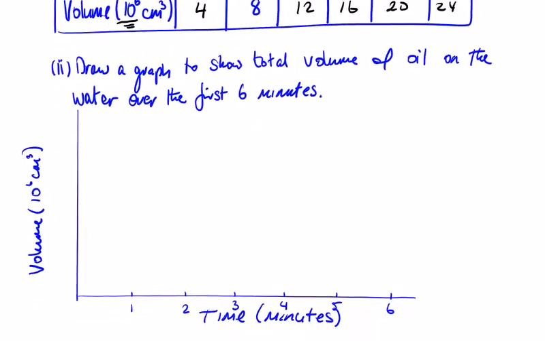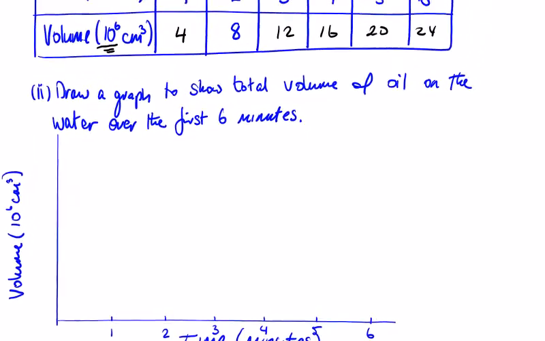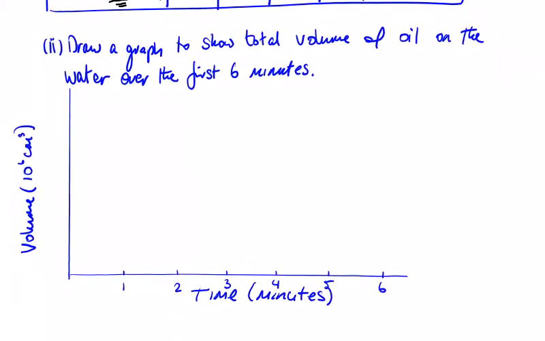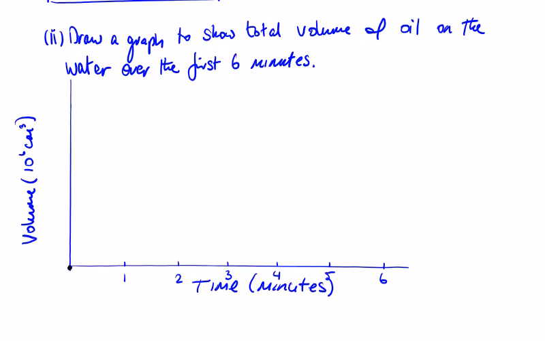So draw a graph to show the volume of oil, a linear graph at Leaving Cert higher level. So after 0, before the spill, 0, 0, so the points on this graph, and you were given this scale along the left hand side here of, well, it was going up in 4s, so I'll just put that on: 4, 8, 12, 16, 20, 24. So I'm just going to put the first point and last point, 1, 4, and if I put 6, 24 on and connect those 2 points as best I can,